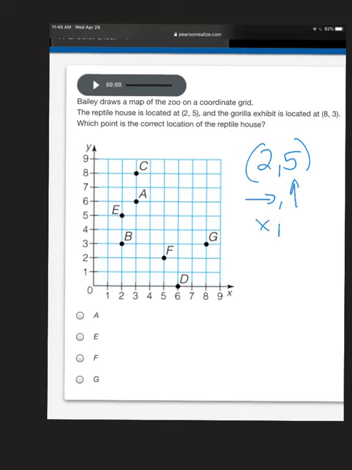So we run and then we jump. X comes before Y. Horizontal comes before vertical. That's your run, jump. Okay, so you got all these different ways to look at it. You have elevator, then floor. Either way, okay? We're looking at 2.5, so I'm going to run 1, 2 to 2, and then I'm going to jump to 5. Okay, so what is it at? It's at point E. Okay,